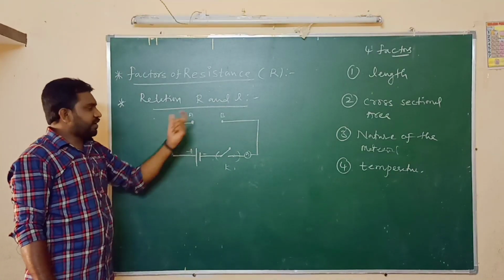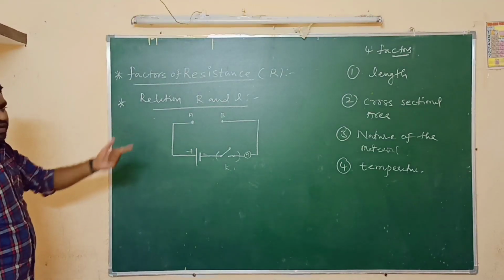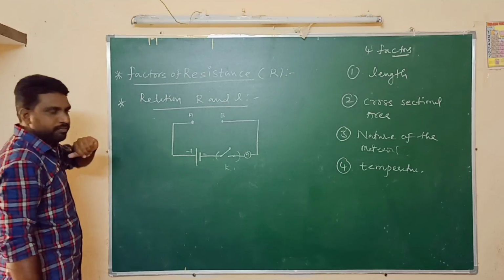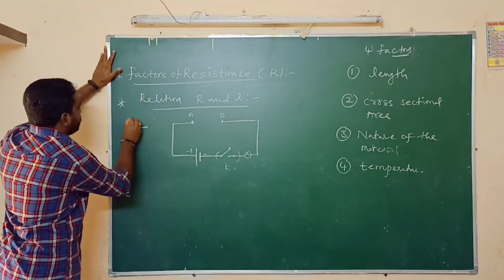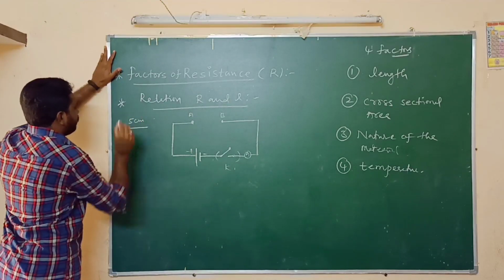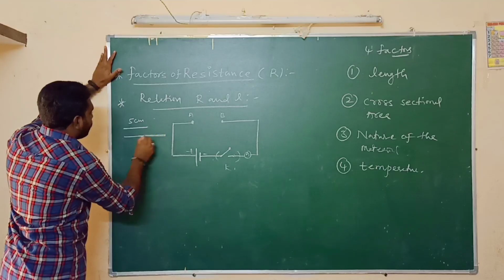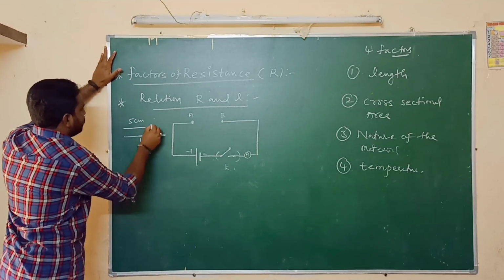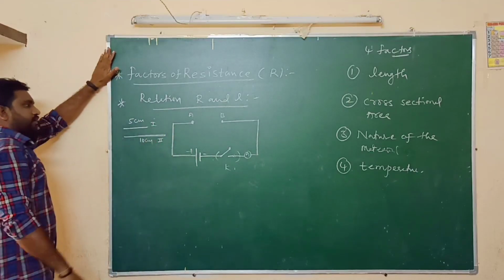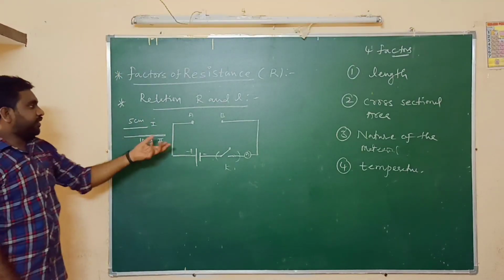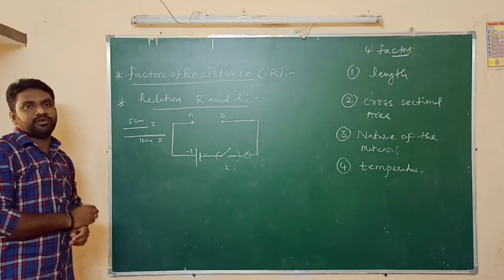In between this gap AB, we have to arrange the two wires. They should have different lengths, remember that. This is wire 1 of length 5 centimeters, and this is wire 2 of length 10 centimeters. This is sample 1 and this one is sample 2. These are the required materials and their arrangement, shown clearly in this circuit diagram.